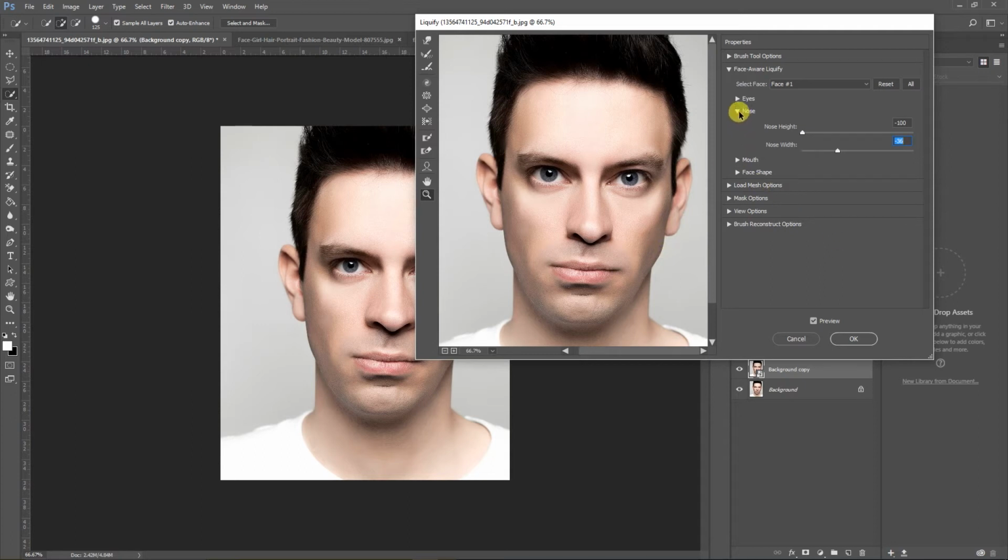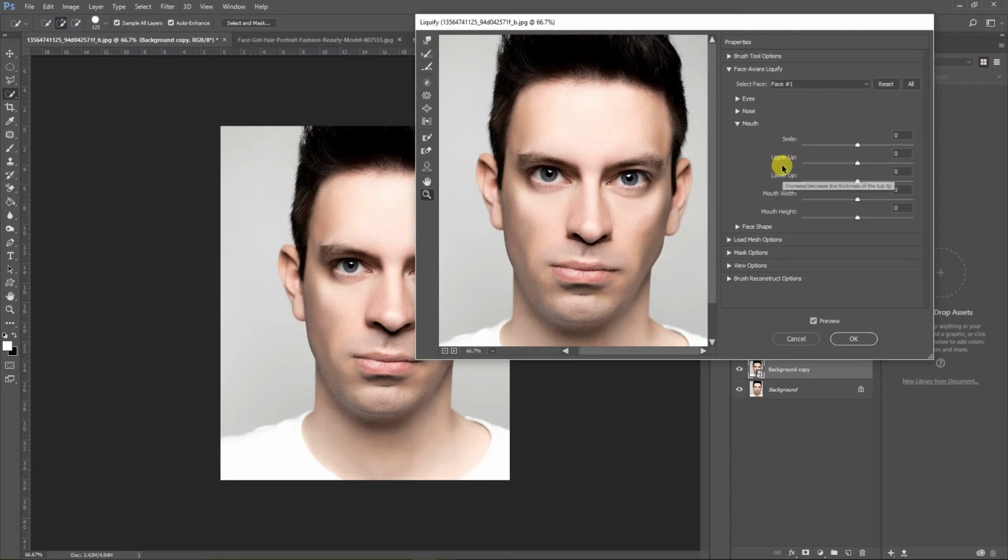Now the third part is the mouth part. Here we have 5 main functions. The first one is smile, the second one is upper lip, the third is lower lip, the fourth one is mouth width, and the fifth one is mouth height. So what does a smile do? By name itself, it expands these two corners to give a smile on the face. So how does it do that? As I move it toward the right,